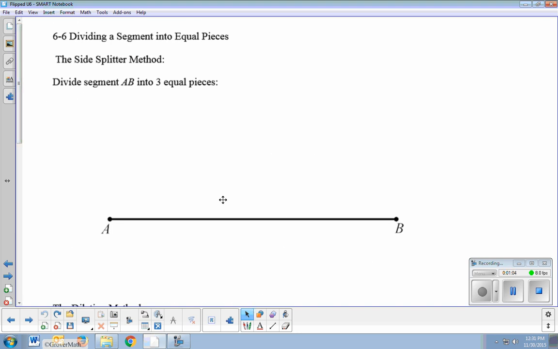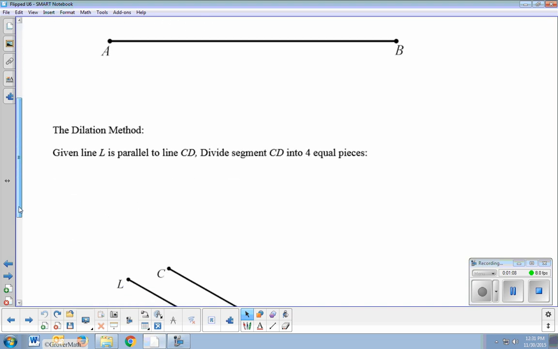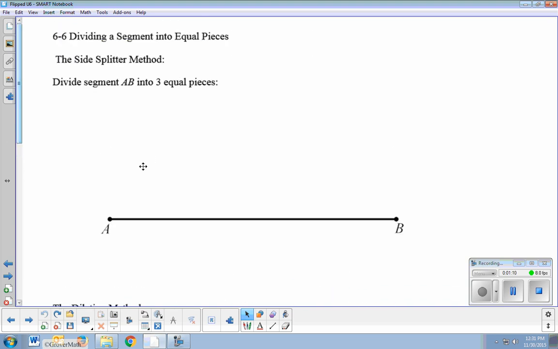And on a Regents, I doubt they would say you have to do one or the other. It's probably whatever. But again, this one, you need a parallel line to do this one. This one, you don't. So this one's probably a little bit more useful because you don't need any other given information. You could just have a line segment, and you could divide it into 2, 3, 4, 5, 6 pieces,